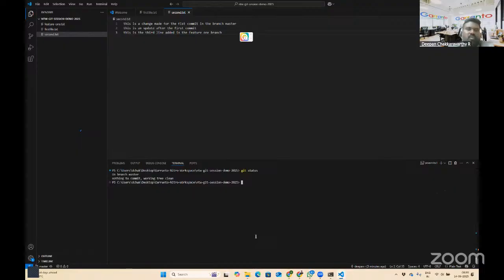Now the working tree is clean, and everything in the master branch is committed.